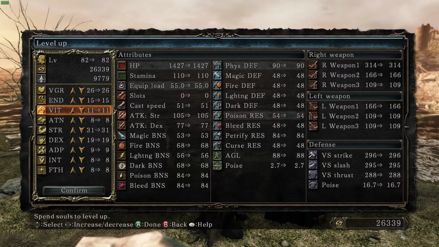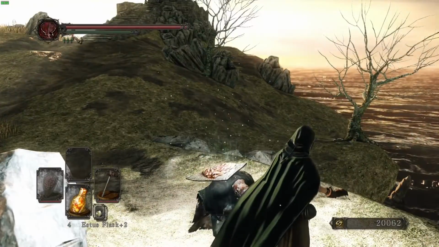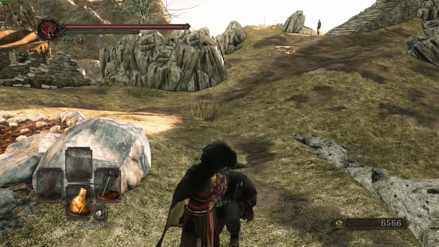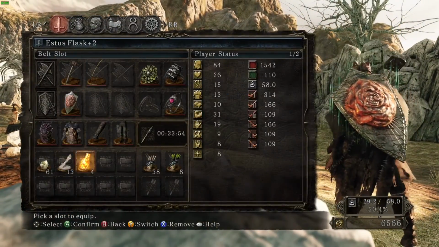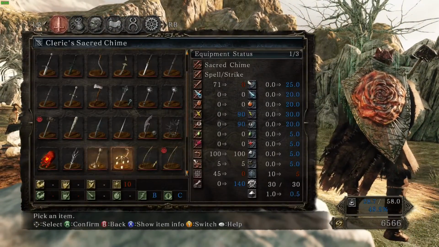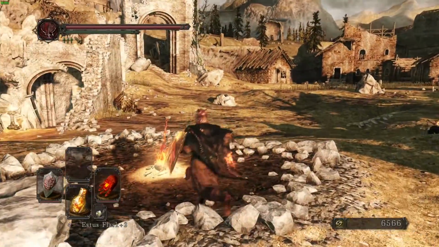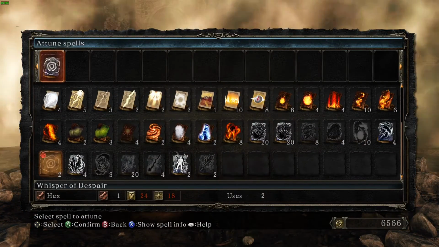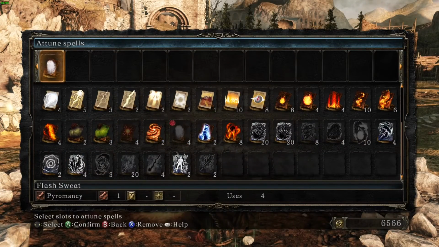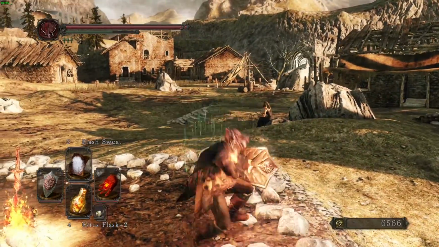Now I go back and I level up to 10 attunement so that I can use Flash Sweat. I didn't know this until I was recording this, but apparently you don't have to have stats to use a lot of the pyromancies, or some of the pyromancies at least. So you can just slap it on. Flash Sweat doesn't have any requirements. As you can see, I just hovered over a couple of the pyromancies on my way, and I just tested out because I was really curious if I could use it. I'd never used